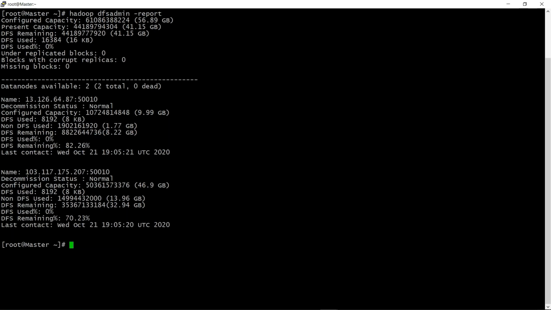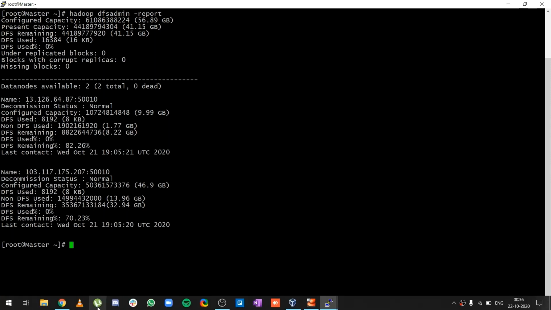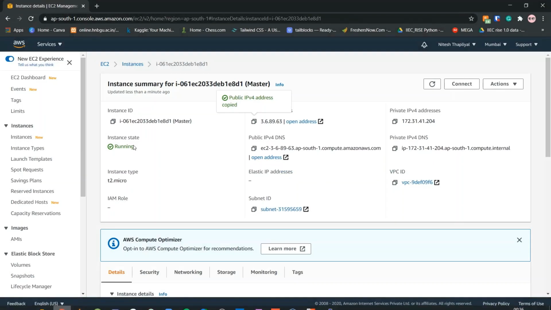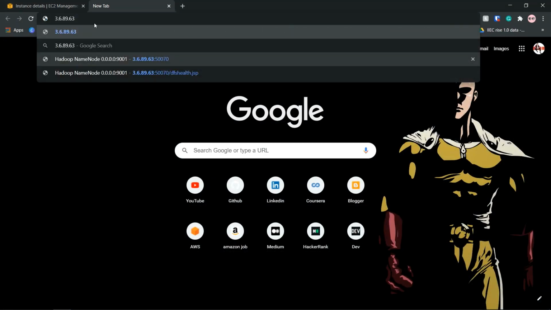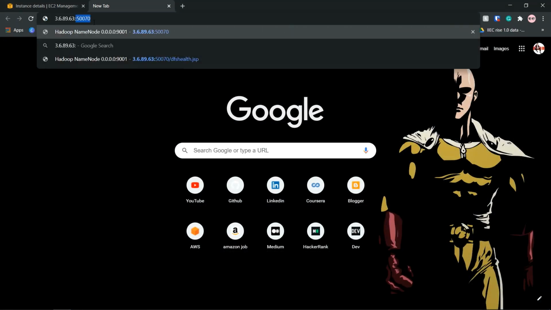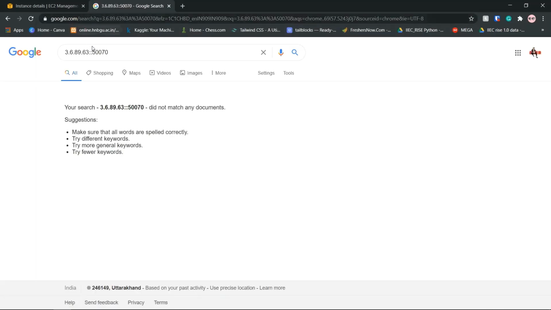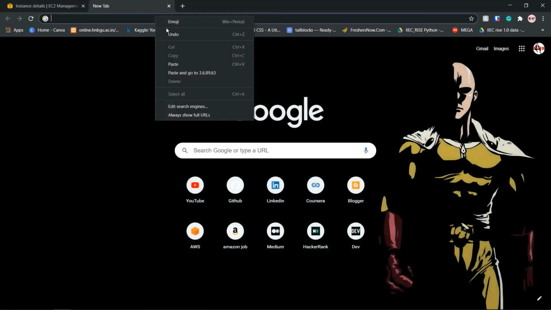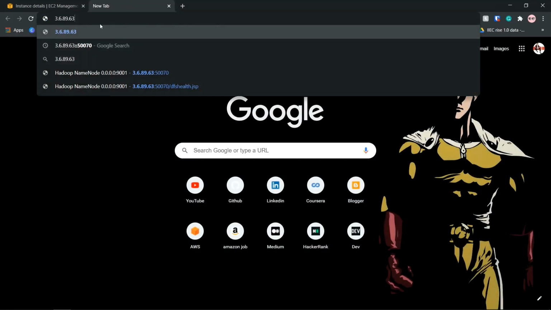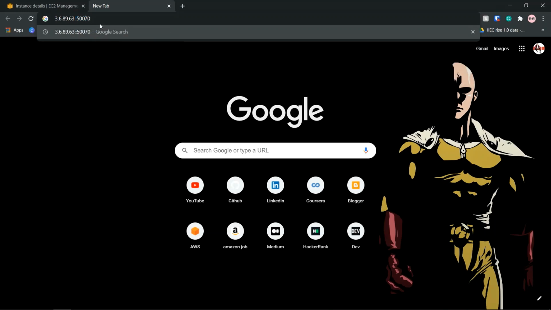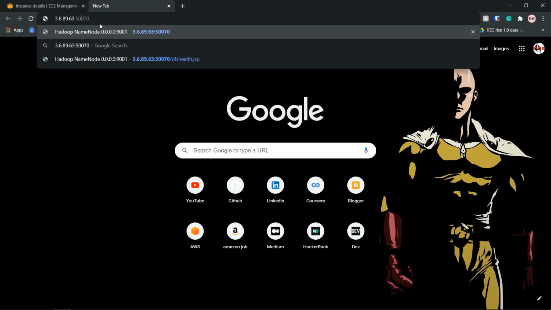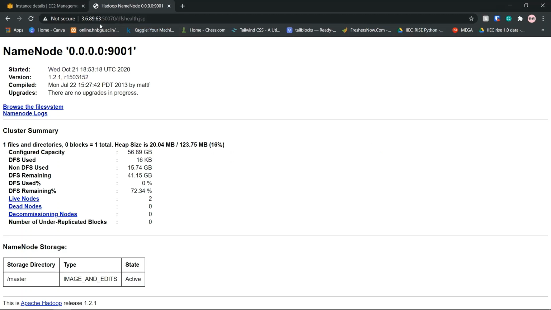We can also check this from a web UI. Go to the browser and paste the IP of the master with the port number 50070. When you press enter, it will open the web UI version.